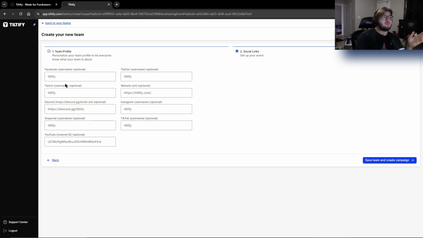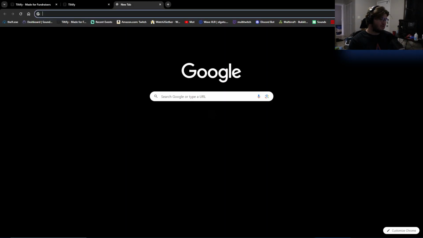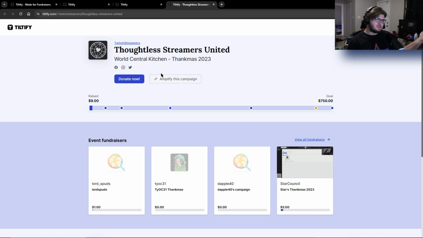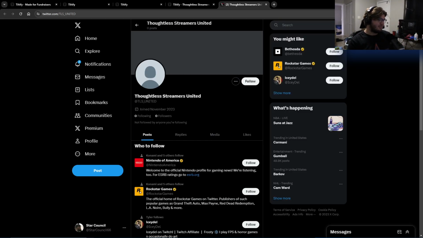Then you hit next. This is where you put in, if you already have a team Facebook, if you don't know any of the usernames for your team, like if you're the one setting this up, go to Facebook, go to Instagram, go to Twitter, go to Twitch, go to anybody that you're going to be using for a social link and just grab it. It'll make the link automatically. If you go to ours, I'll show you how it looks for most people. So on this year's, we are called the Pilot Streamers United. If you wanted to look at our socials right now, you would just go to whatever place you want to. So like Twitter, it's super easy to do. It doesn't really need to be anything intimidating. It's super intuitive, and all you got to do is type in your name,